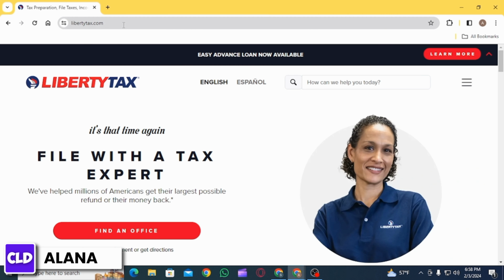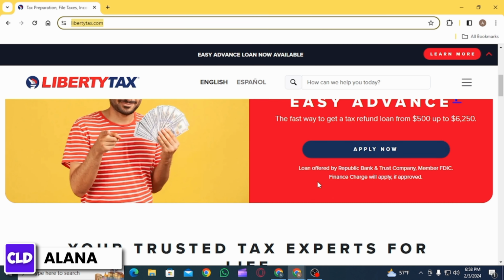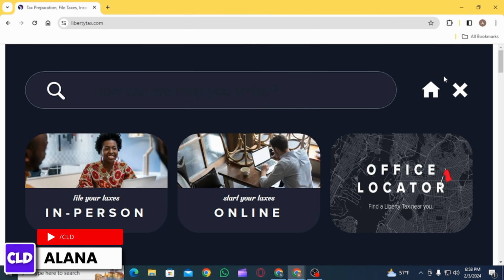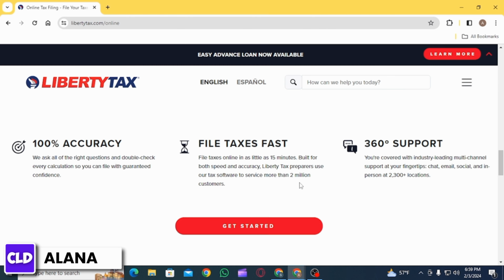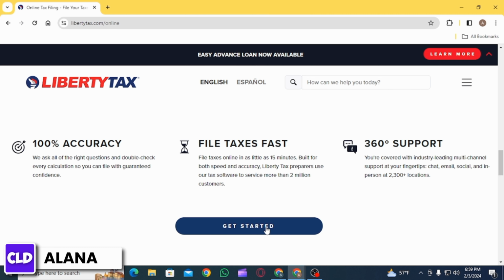First of all, you want to open up any web browser and on the search bar, search for libertytax.com and press enter. Then on this web page, you first want to click on the three lines at the top right corner and select Start Your Taxes Online. Once you click on this option, you want to scroll down and then you want to click on the Get